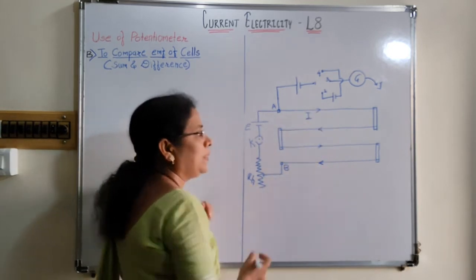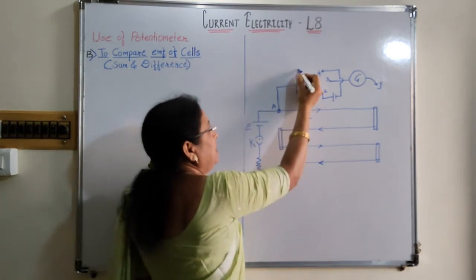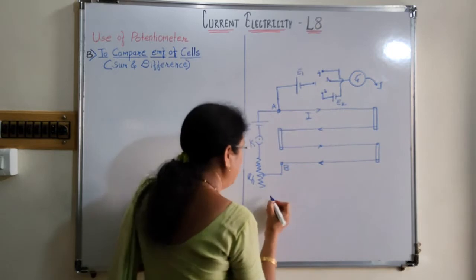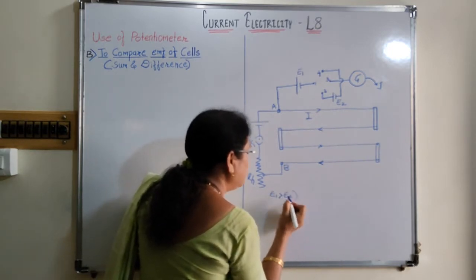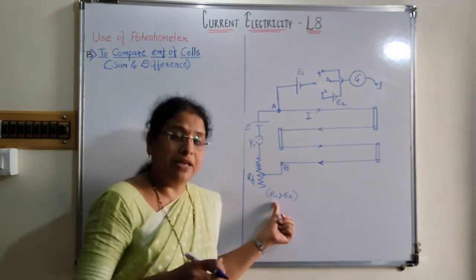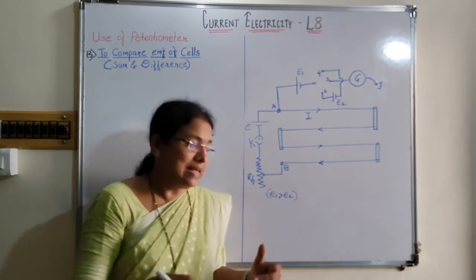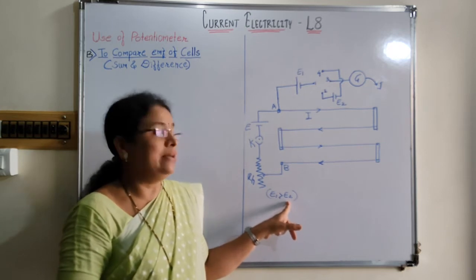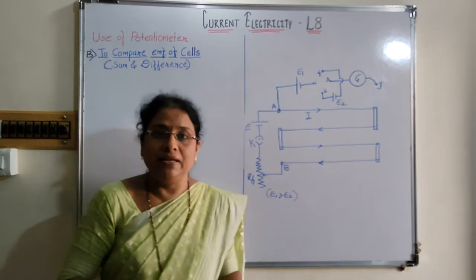wire. Now we have given two cells, one cell having EMF E1 and the second cell having EMF E2. Again we take here E1 greater than E2. We choose the cell, generally Lagrange cell, as the cell having greater EMF as E1 and the Daniell cell, whose EMF is slightly less than the Lagrange cell. So we choose that E2 Daniell cell as second cell and the first cell, that is the Lagrange cell.